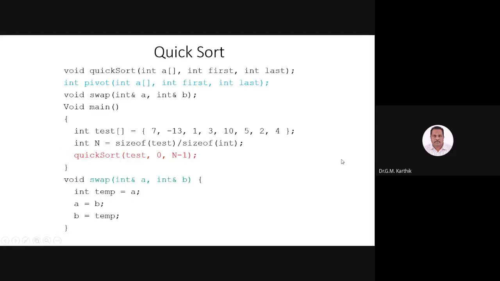Okay, so this is the coding part. How do we do quicksort? So we will have 3 functions here. The first function is going to be the quicksort function, which will be a recursive call. So you will tell what the array elements or subarray elements are, what will be the first element and what will be the last element. So based on that, your quicksort works.